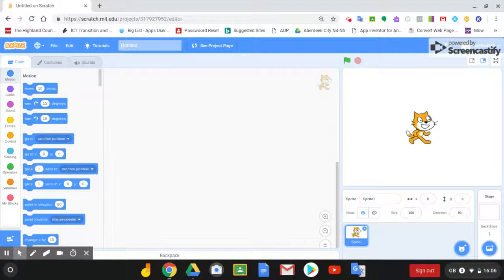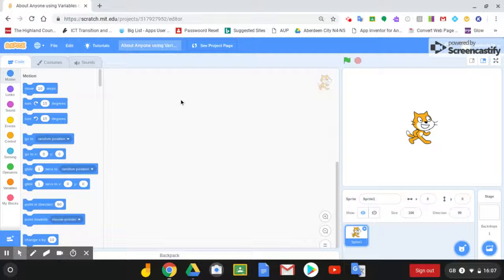So as always, we've created a new project. We're going to go up and give it a name straight away, so it's got a good save name. We're going to call it About Anyone Using Variables. And we're going to create a program that is going to give messages about any person in the world, hopefully,